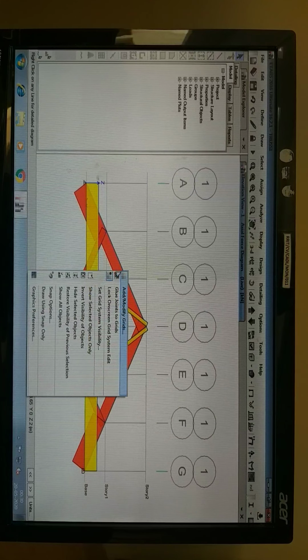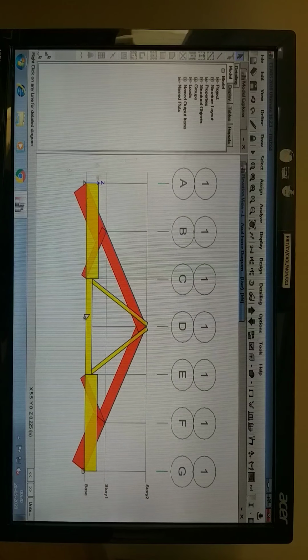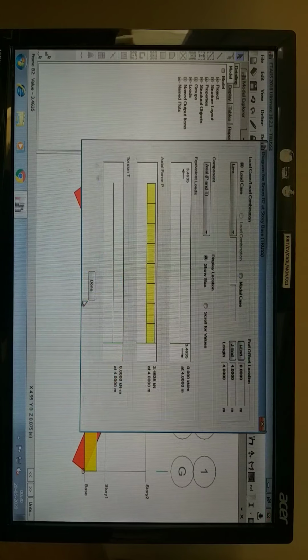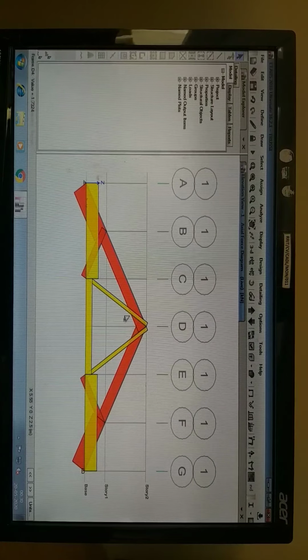So here you can see, just right click on that. Here we can see it has a magnitude of 4.997 of a compression axial force, that is negative, and here you can see positive, that is 3.4635 axial force, that is a tension, that is a positive force.